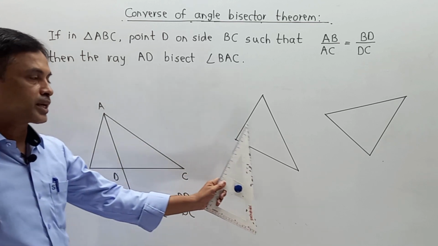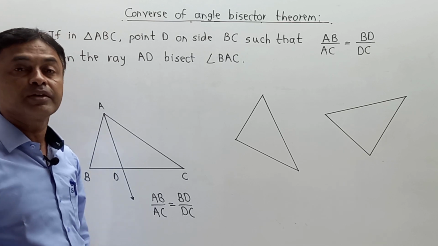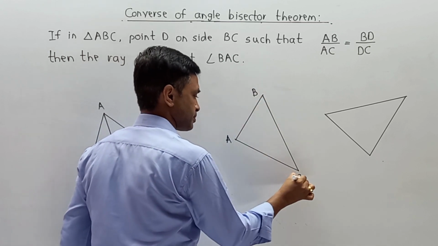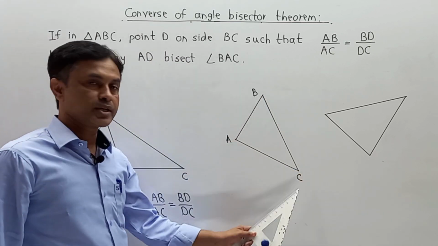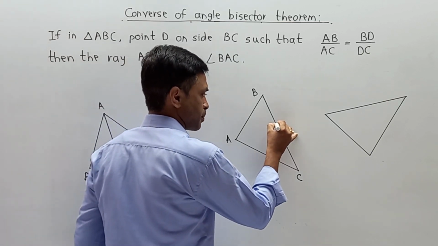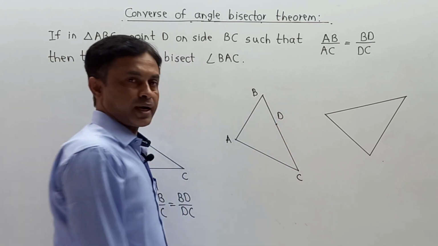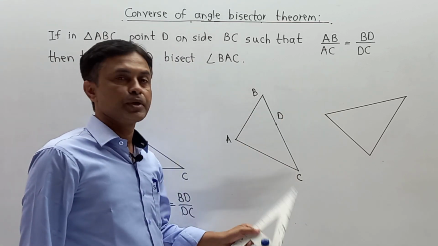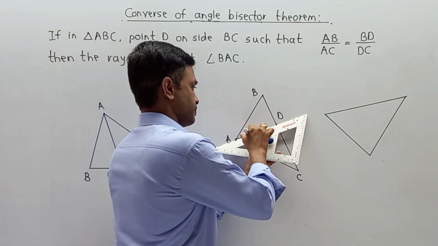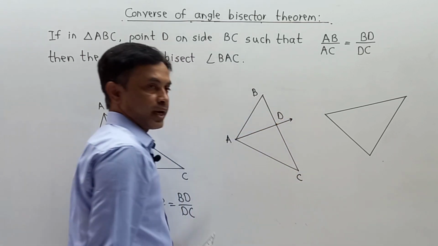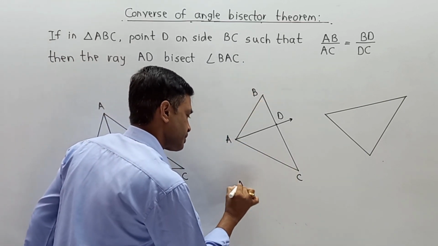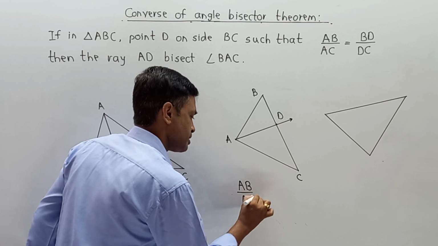Now the same type of question, but I am going to draw the triangle in a different view. Let us say I call this triangle ABC. Remember, A is over here, B is over here, C is over here. Again there is a particular point, point D. Again, D doesn't have any specification that it is a midpoint or anything. No, not at all. So I am going to draw one ray AD for your understanding. And again our condition remains the same: AB upon AC.